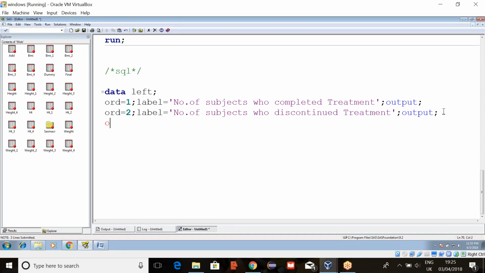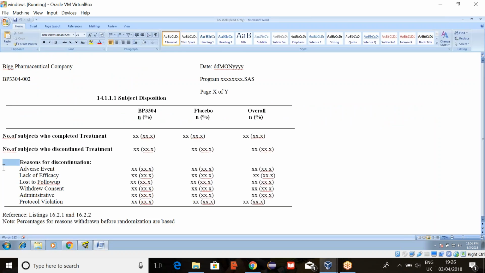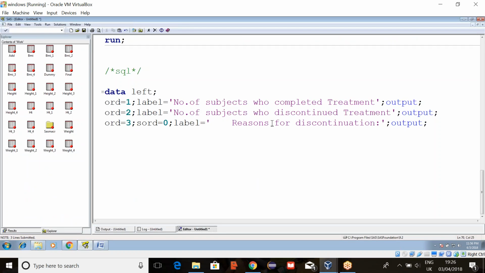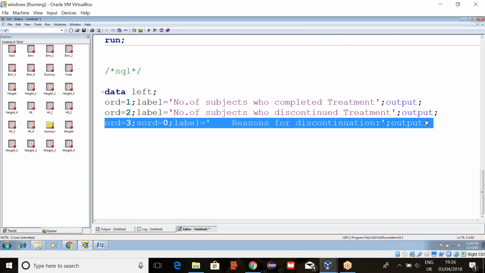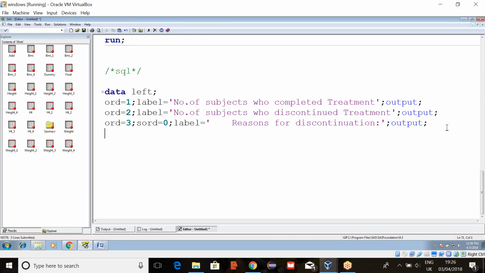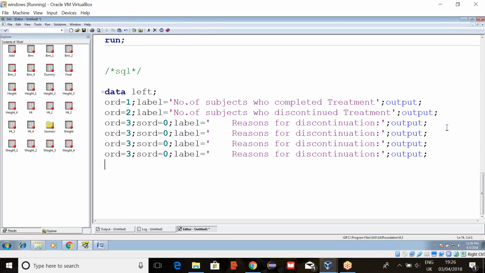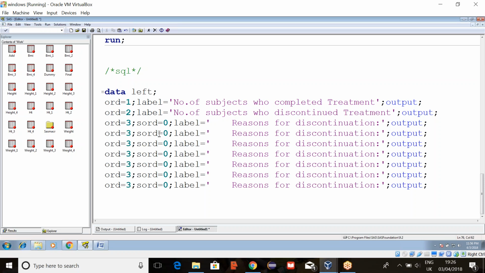So here order equals to 3, suborder equals to 0. I'll start with 0, and label equals to reasons for discontinuation, and then output. So here I'll just maintain some space because here we are having some spaces. Okay, so let's see this. Total 6 are there. 1, 2, 3, 6, 7.